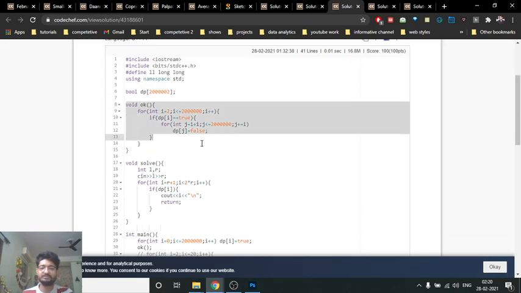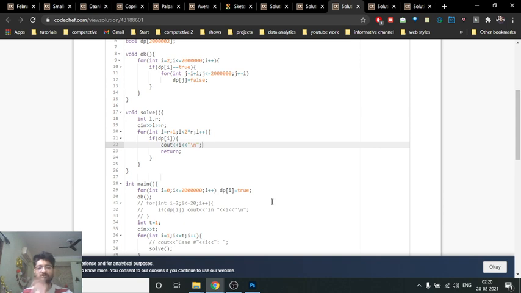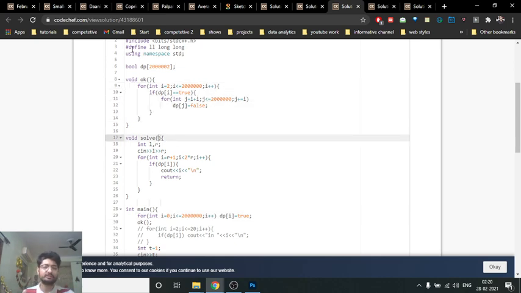I've just made a DP, which is actually a sieve, and just take the input of L to R and find the next prime number from R plus 1 onwards, for simplicity up to 2 into r. You will always find a prime number between r and 2 into r. You can also make a while loop, it's up to you. Whenever you find a prime number, just print that prime number and that's the answer. Okay, so that's the for loop for making the sieve, and you just have to find a prime number which is greater than the r value. And you can always find it.